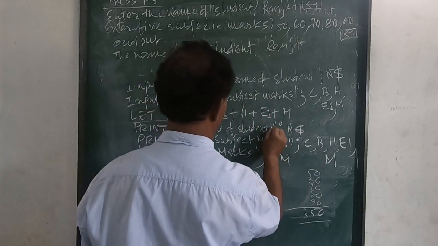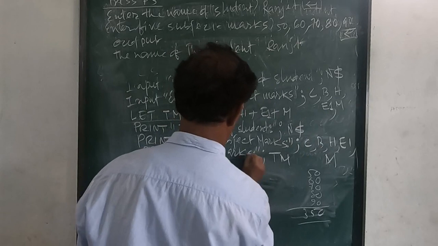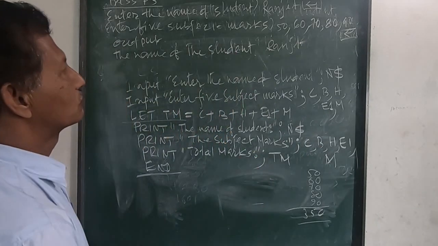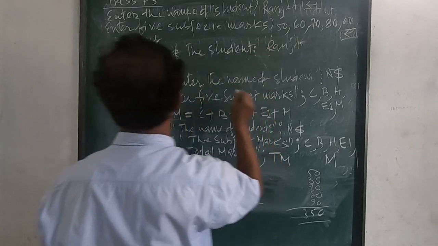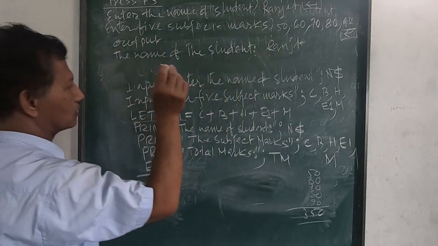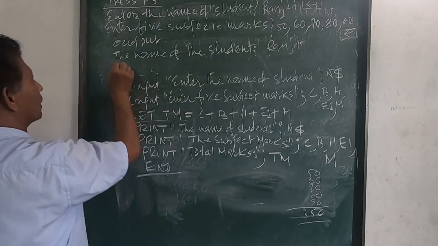Give a column here. The name of the student, column, Ranjit. Then the subject marks,